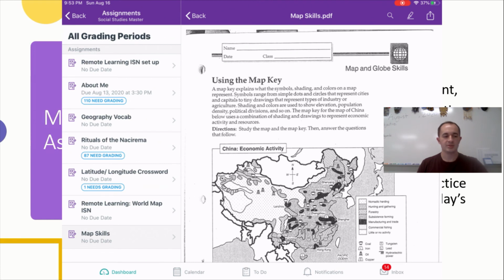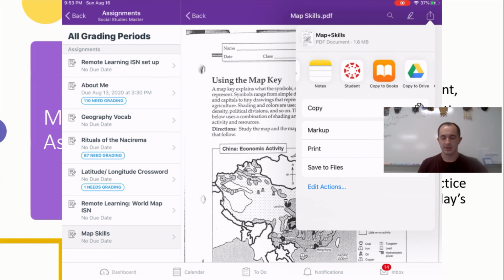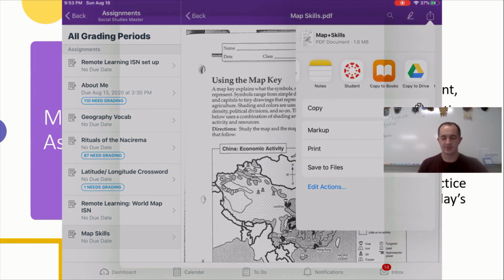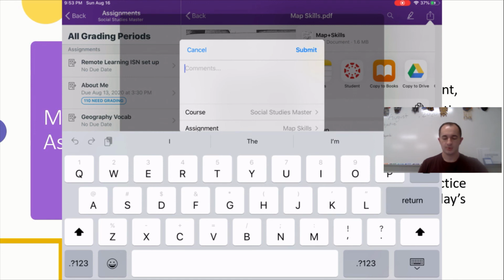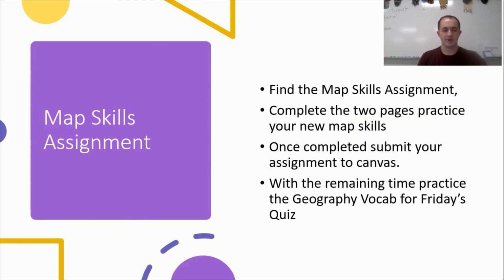Once you have both pages complete, submit the assignment by tapping in the top right corner. It's the box with the arrow going out of it, and then you can click Canvas, and then in a second it will pop up with a window where you can submit it. You don't have to add anything to it. It should automatically go to the correct assignment in the correct class, so you don't have to change any of that. Go ahead and hit submit, and once you have done that, you can spend the rest of class time